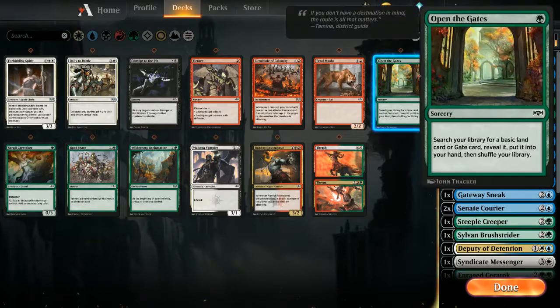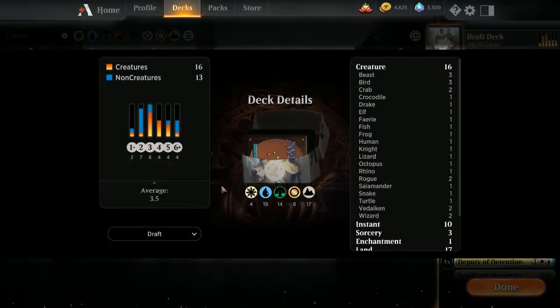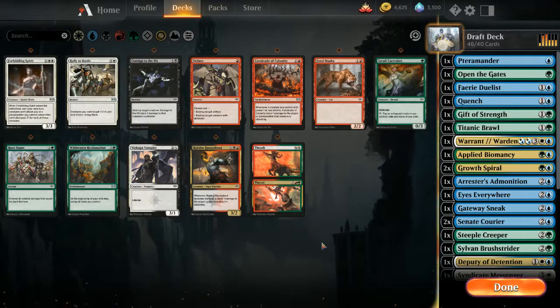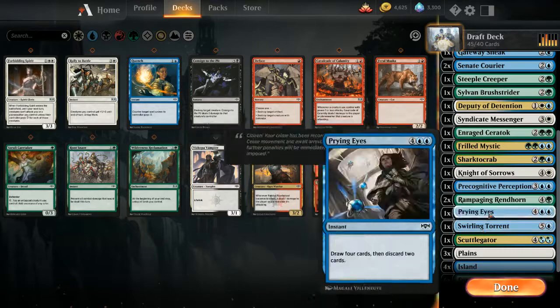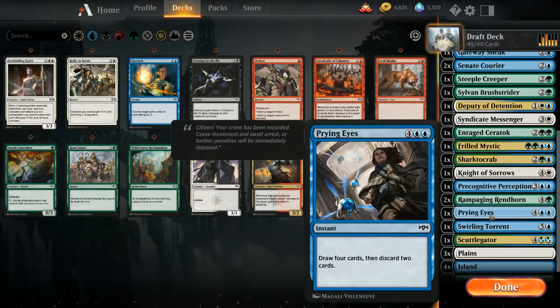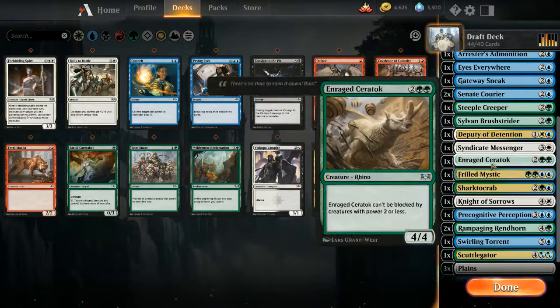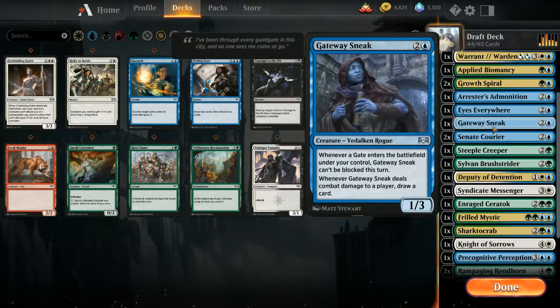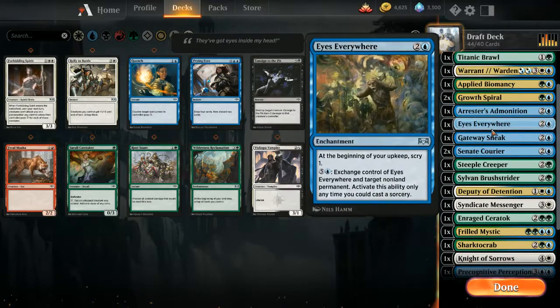So I did take Open the Gates. Now we have to make 6 cuts. All of them are gonna be in the non-creature slot though. So let's see. Quench is gonna go. Precog stays. Prying Eyes probably can go at this point. Eyes Everywhere. So